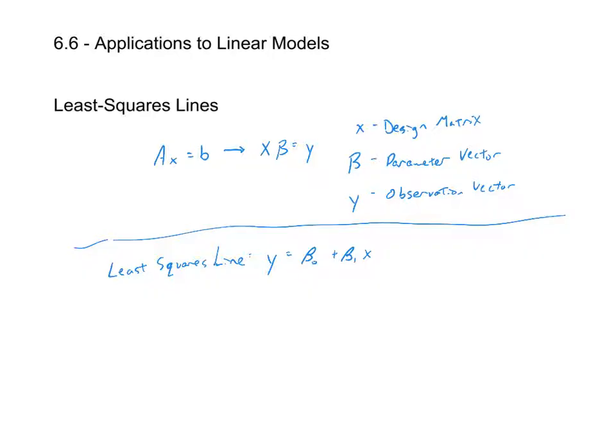Okay, and so what we'll say is, given a set of points x1, y1 through xn, yn,